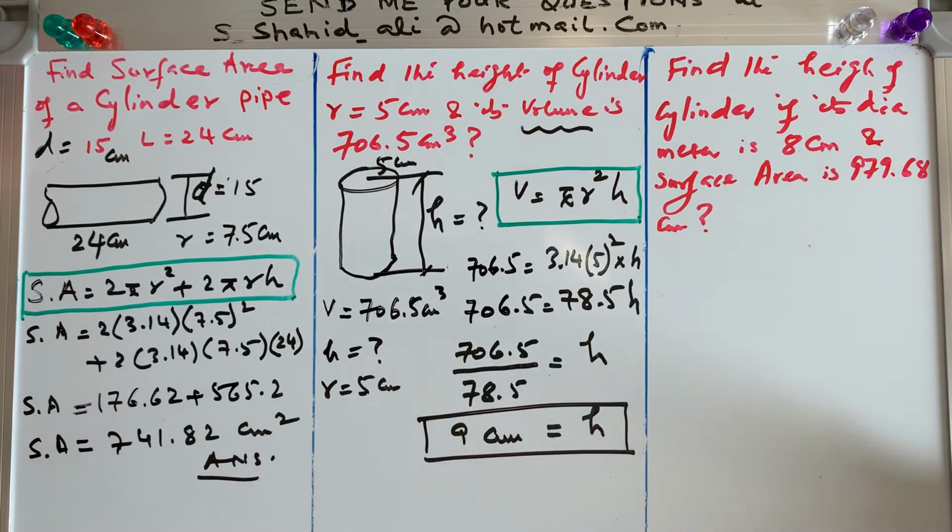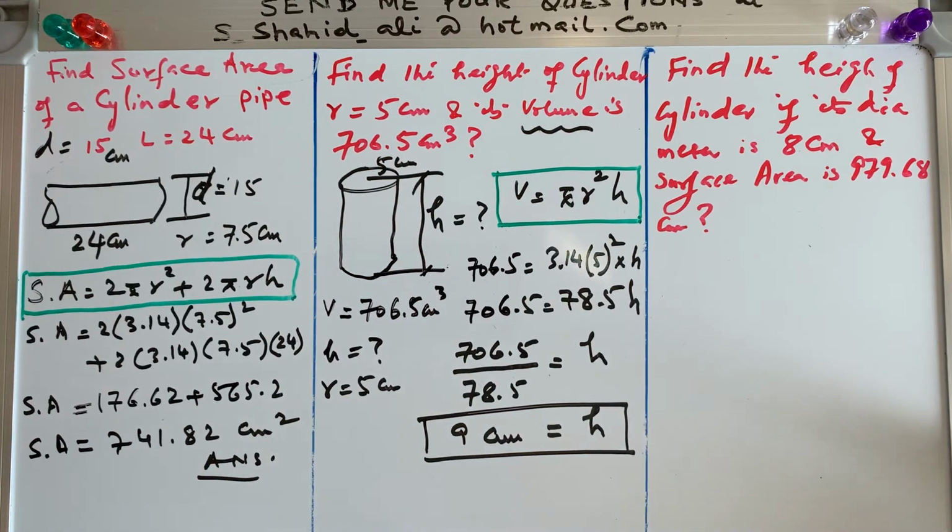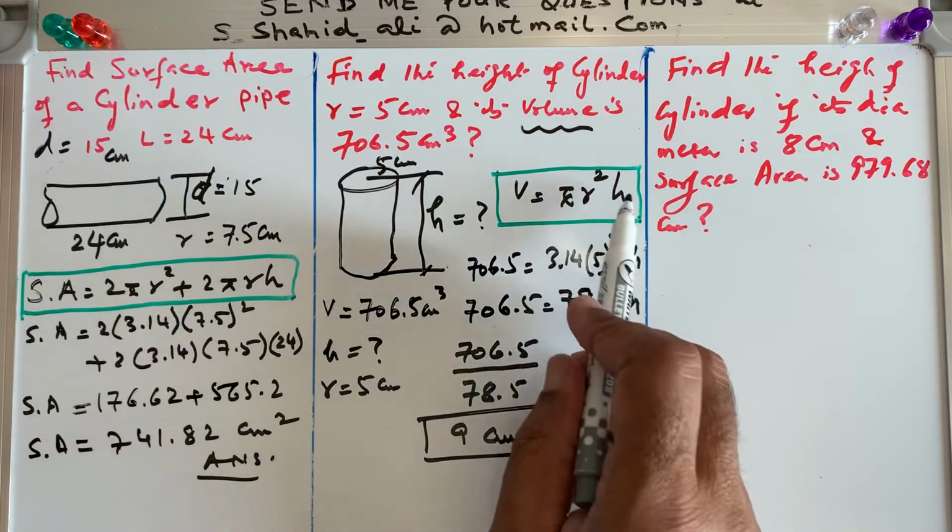So students must remember how many variables are there in the formula or the given equation, right? Whatever you are using. If you have the other data and one of the variables is missing, we can find out the missing variable. Here the missing variable was surface area. Here the missing variable for the volume was h.